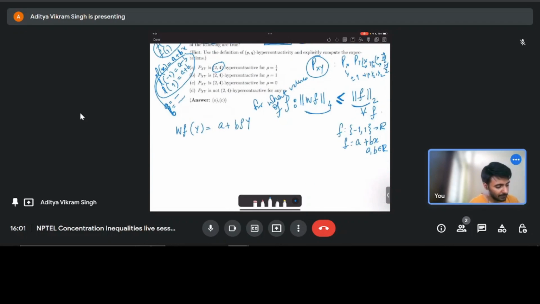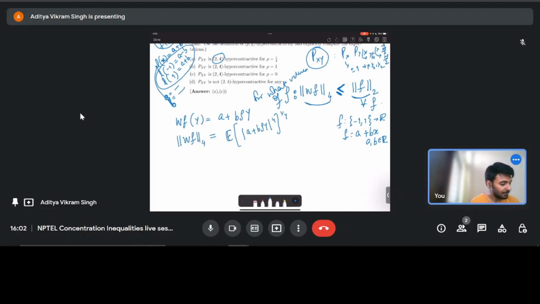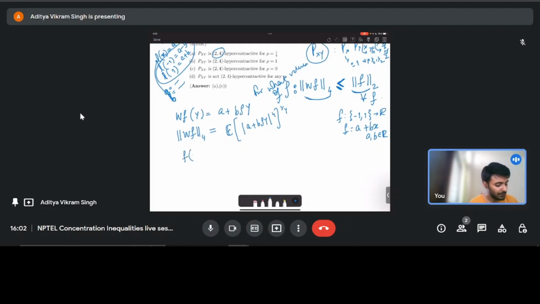So what is the fourth norm of wf? This is the expected value of (a plus b rho y) to the power 4, the whole raised to 1 by 4. Similarly, f of x is a plus bx, and so the second norm would be the expected value of